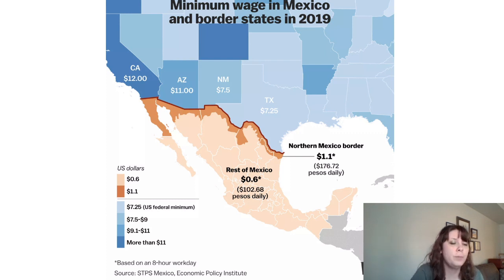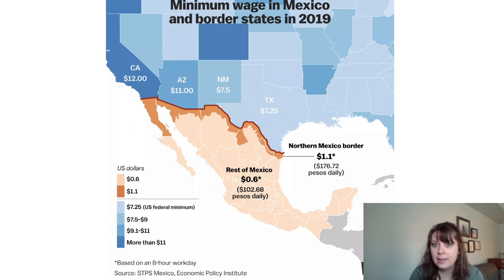So across the border. If I had my factory further south, near Mexico City, labor is going to be even cheaper, but I have to ship it further. So right along the northern border of Mexico, even though it's more expensive than the rest of Mexico as far as labor costs go, it's still a lot cheaper than the United States. And so we see a lot of factories in those areas.